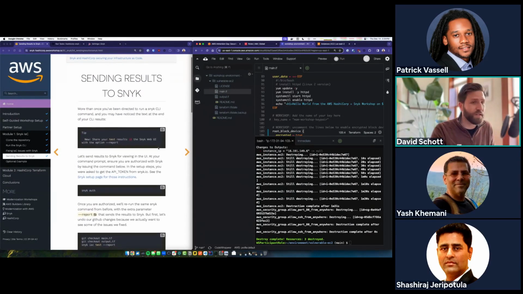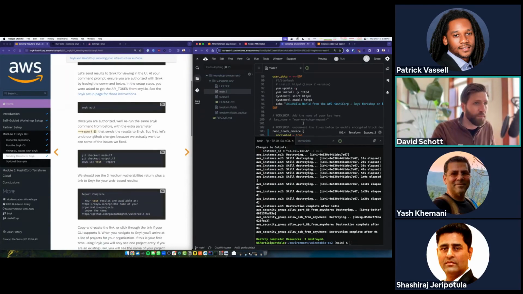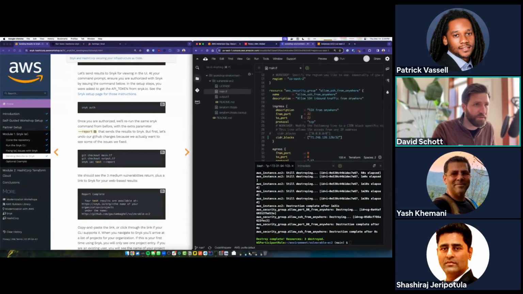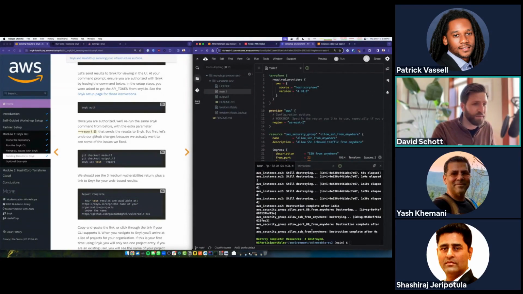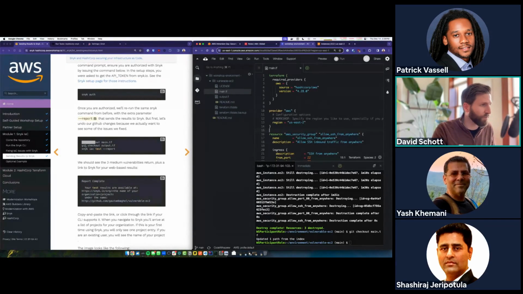All right. So again, we're going to scan with Snyk again and send the results up to the Snyk platform. But before we scan with Snyk, we actually want to revert all the good stuff that we did. Unfortunately, we're going to get rid of it and make this Terraform insecure again. So I'm going to run these individually, and I'm just going to type them because I can type fast. So we can git checkout main.tf. That's just going to revert all the changes we made in our file here. And we don't need to run the second command because we didn't make any changes to output.